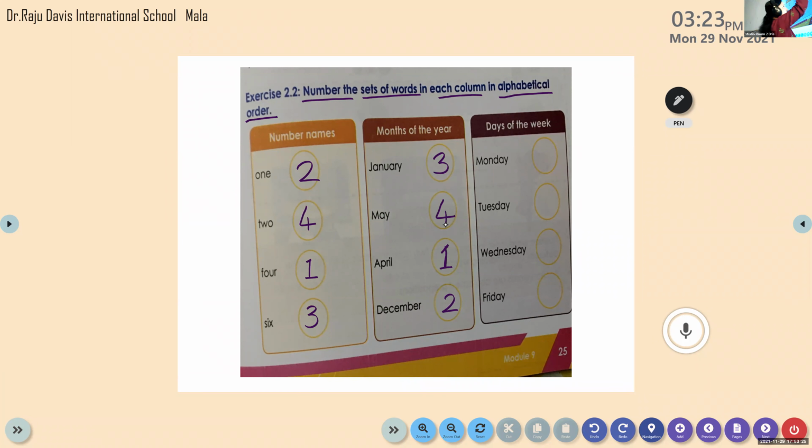After doing these examples, is it becoming clearer to you all? Okay. Now let us do the days of the week. Monday, Tuesday, Wednesday, Friday. Which one will come first? Alphabetical order. Keep that in mind. Friday. Yes, you're right. Very good. Okay. Thank you. Zara, unmute. Try the next one. Which one will come at number 2?